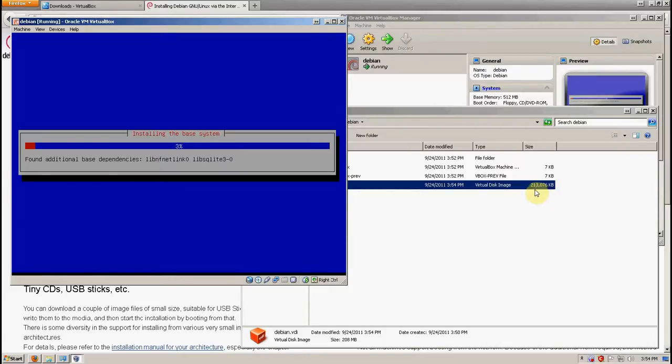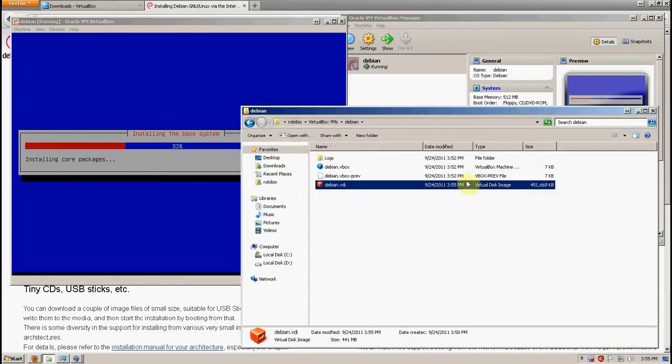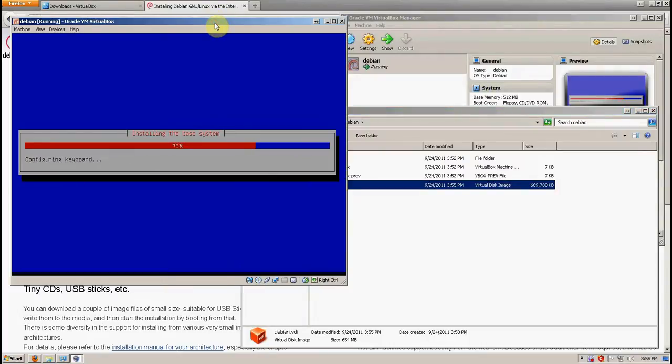So this is a 20 gig disk image, but since it's dynamically allocated, we aren't using 20 gigs. It's only 400 megs. It's going to get up to a couple of gigs, but it won't be the full 20 unless you use the full 20 on the virtual machine. If you're worried about running out of space on your virtual machine, if this is going to be a media server or a web server with a whole lot of files, if you have like an image server or something